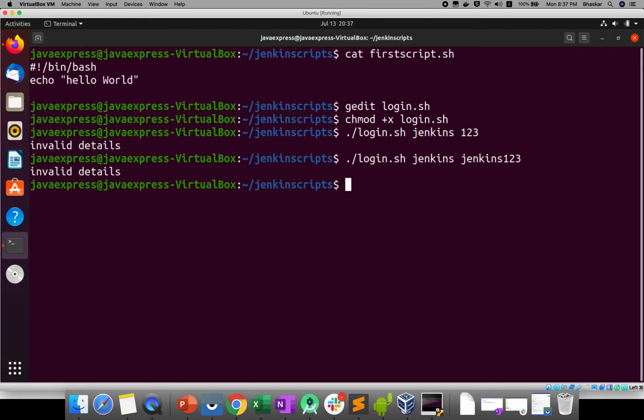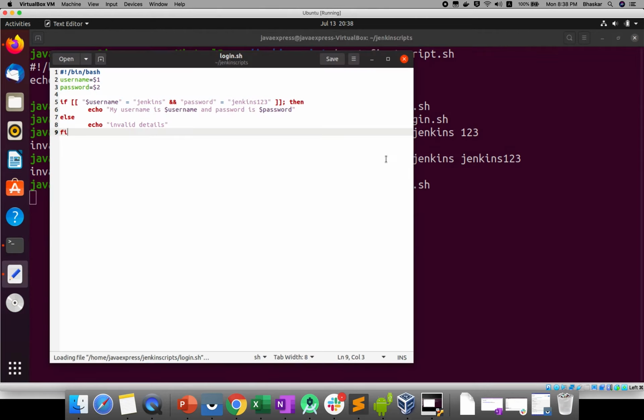Sorry, this is also wrong. Let me open it. My username is Jenkins, password is Jenkins123. We gave it correct, right? Username as Jenkins, so I will make the password admin. Okay, Jenkins and admin I will give.